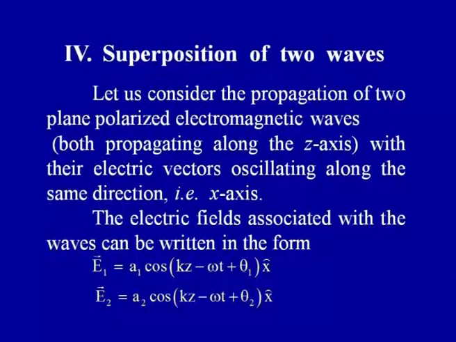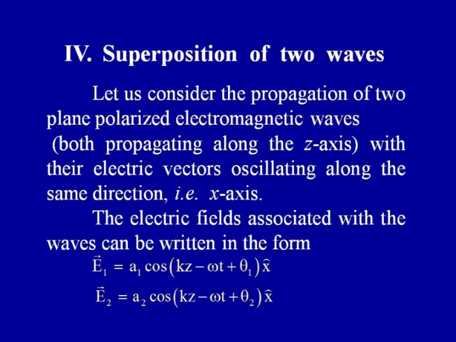Let us now consider superposition of two waves. Consider the propagation of two plane polarized electromagnetic waves, both propagating along the z axis, that is the same direction, with their electric vectors oscillating along the same direction, that is the x axis. The electric fields associated with the waves can be written in the form